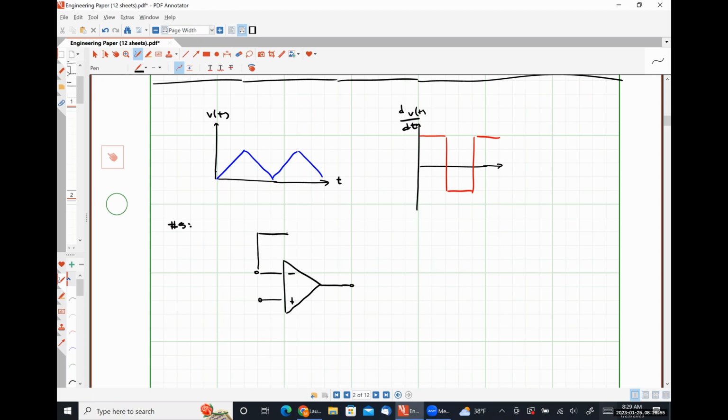The slight problem I have here is I can never remember which one is which. So let's start with this one. We're going to put a resistor in the feedback position. We are going to ground our non-inverting input terminal, and we are going to put a capacitor